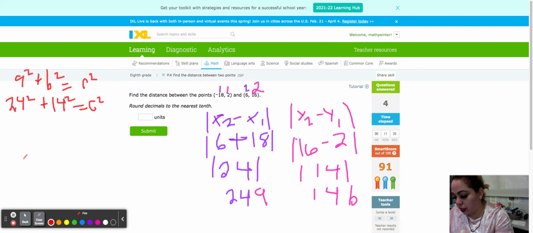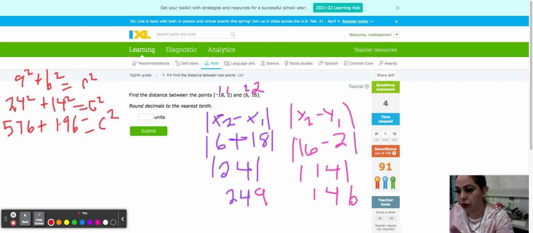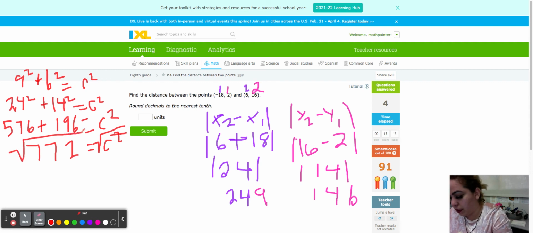All right, 24 times 24 equals 576. And 14 times 14 equals 196 equals C squared. Now we're going to add these numbers. 196 plus 576 equals 772. And then we're going to square root that number because we're trying to get rid of the 2, isolate the C. So the square root of 772 is approximately